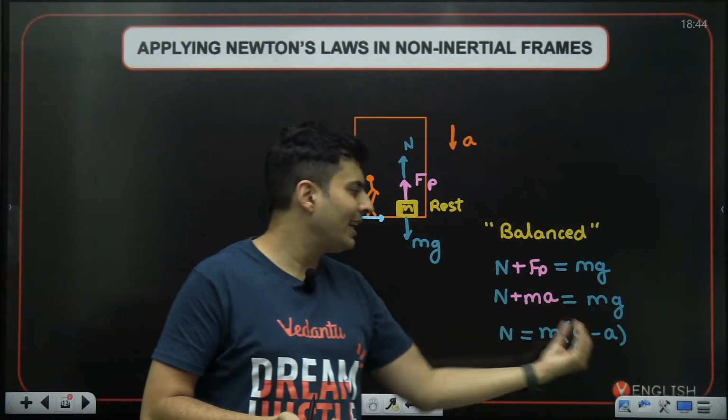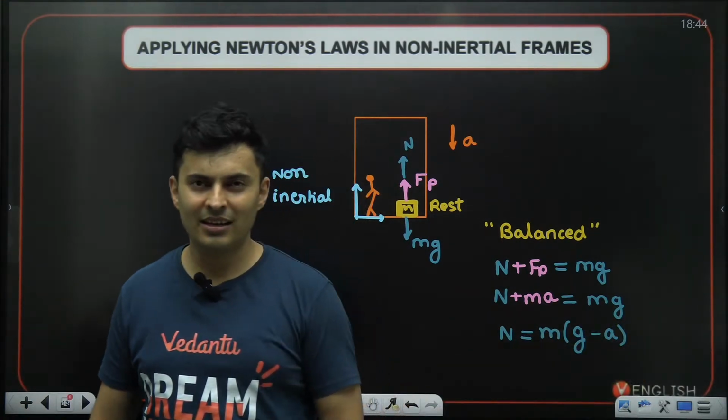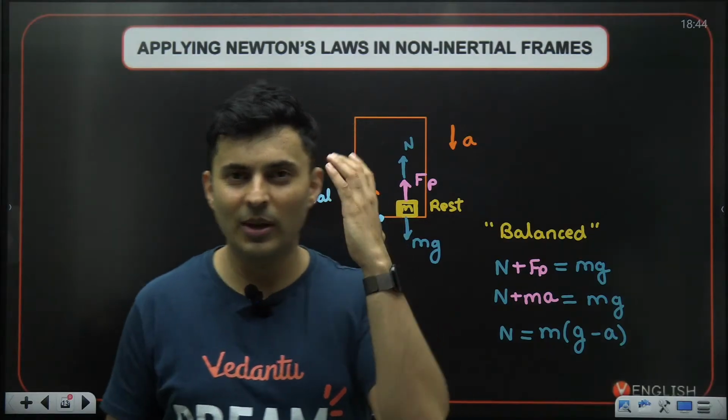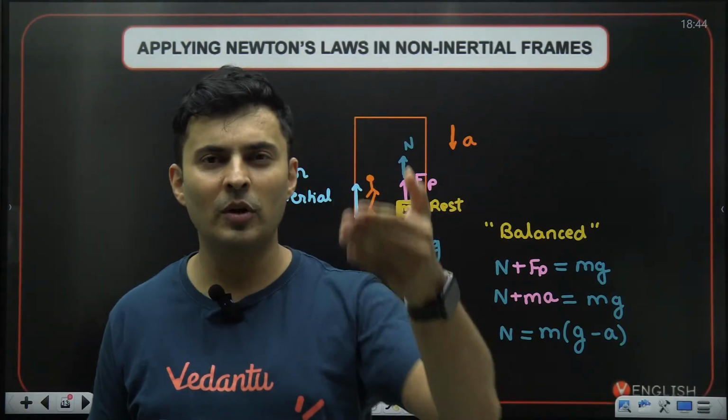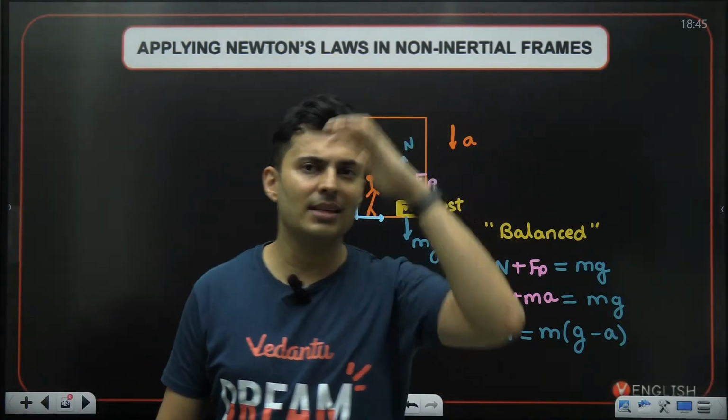So the normal will be less. It will be M into (G minus A). It makes sense. I mean, you can try and recollect from your memory your experiences inside a lift while going